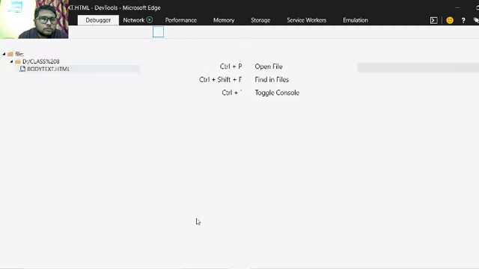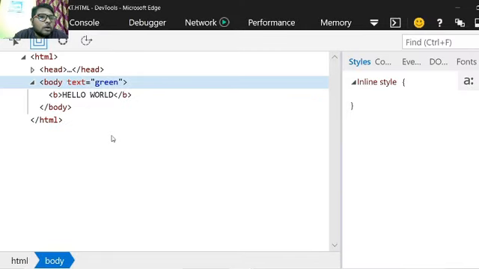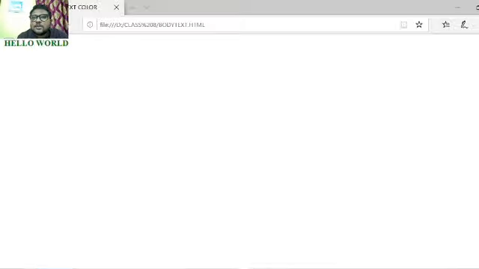Look at the code: body text equal to green. This is the whole code, but the main part is body text equal to green. So text is the attribute and green is the attribute value. That is the reason why this hello world is green in color.